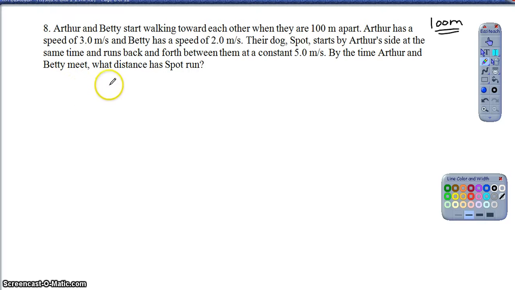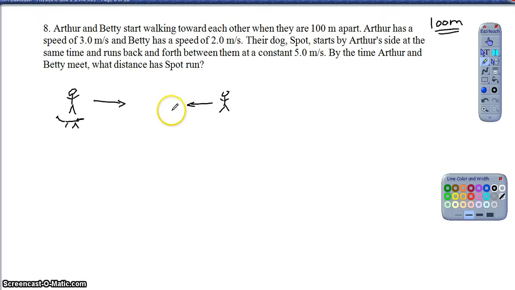Okay, so the easiest way to think about it is this. We know that one person starts over here, right? And then the other person starts over here 100 meters away. And then the dog is starting next to one of those individuals. So here's the dog, right? They're 100 meters away. As those two people walk closer together, we know that collectively they have to cover 100